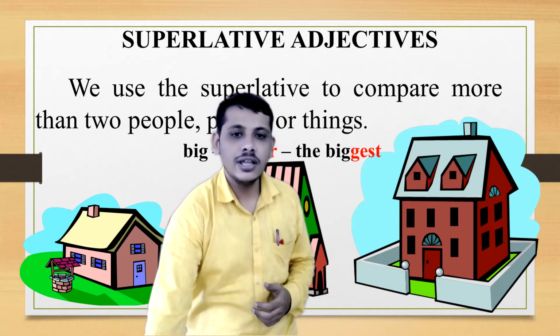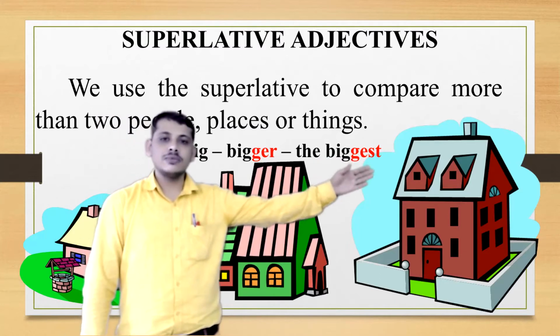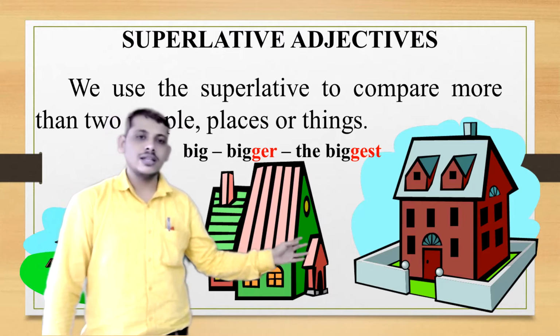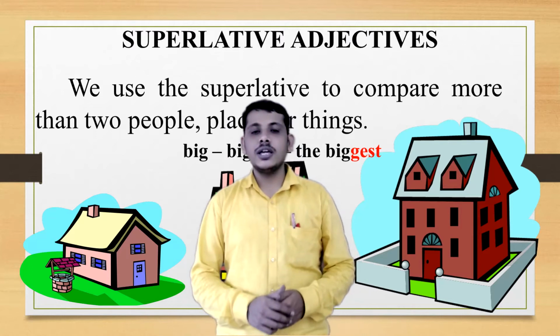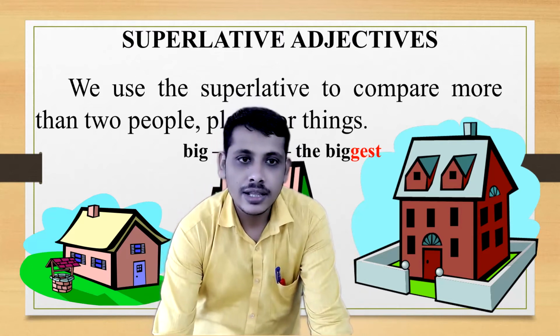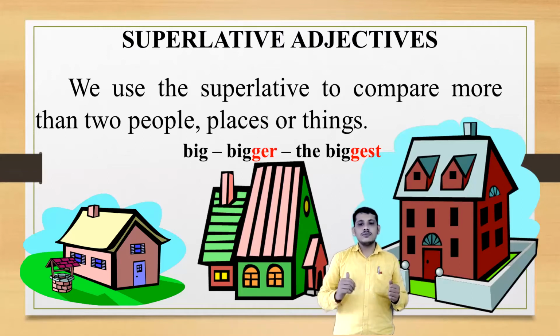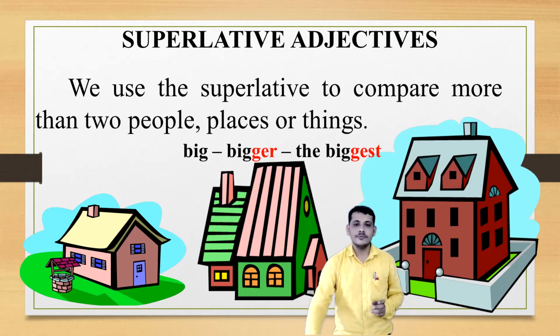Here I have 3 houses. If we start from this one, it's big. This is smaller than the first one. And then one more is there. Which one is smaller than these two? So here I am comparing the houses, and they are more than two. The red one is big, and then we have a small one, and then one more, which one is smallest. Now we'll go through this one by one.